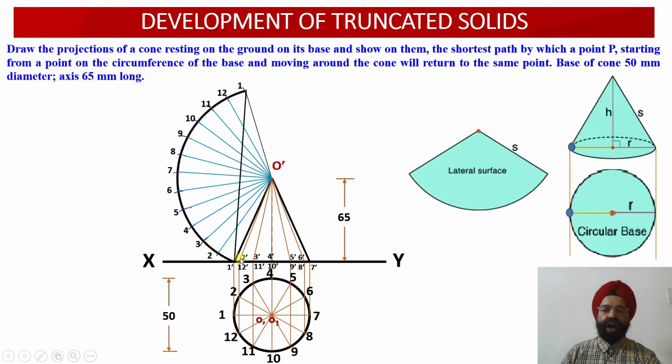So now what we are required to do, we will assume that there is a string which is going to join point 1 at the end of the development with point 1 at the start of the development of the lateral surface of the cone over here. So now the points of intersection of this string with the slant generators of this cone we are going to evaluate, and the points of intersection you can see we have marked as O1 has been cut at the point A,